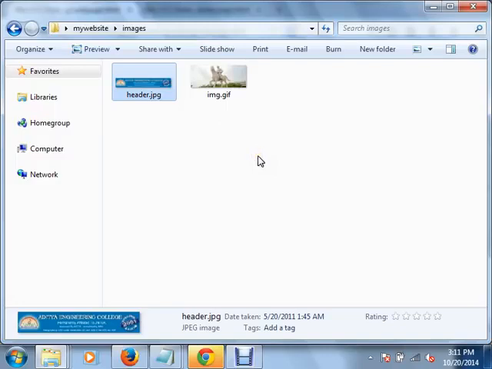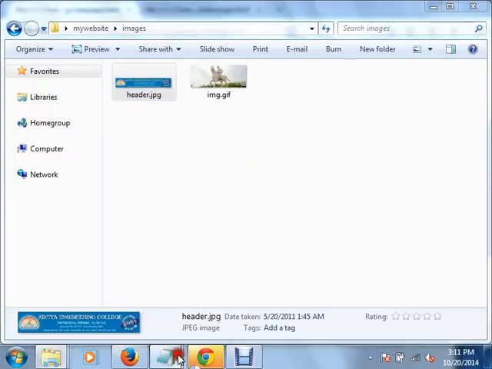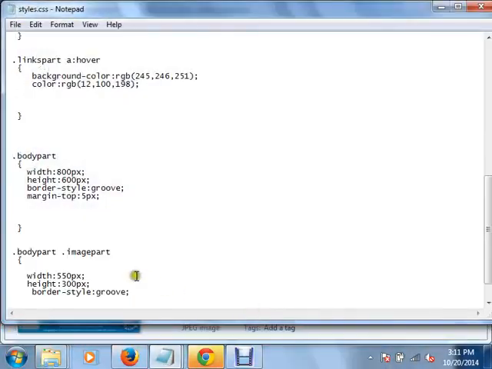Now I am setting this image as the background for my division. How to set that? background-image equals URL images slash img.gif.